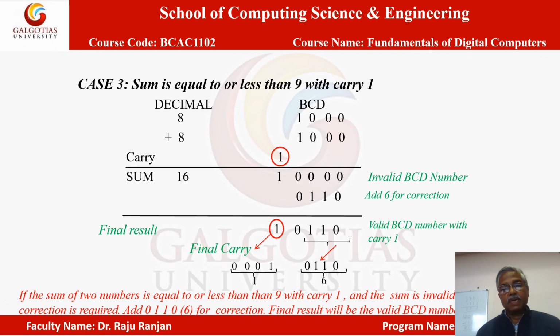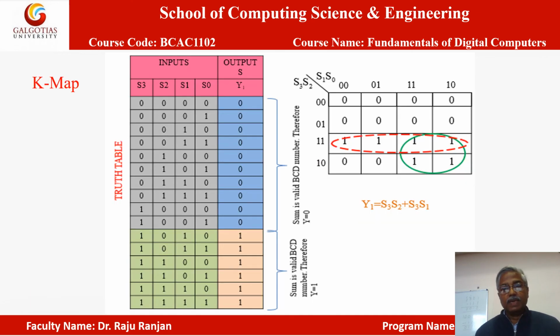Now we will construct the circuit. How is the circuit constructed? Before constructing the circuit, we have to do two things. If the sum is equal to or less than 9, then we do nothing, means no separate addition is needed. No correction is required. So here y represents correction. So its value 0 means in these cases no correction is required. But when the sum is more than 9, then correction is required. Here y is 1.